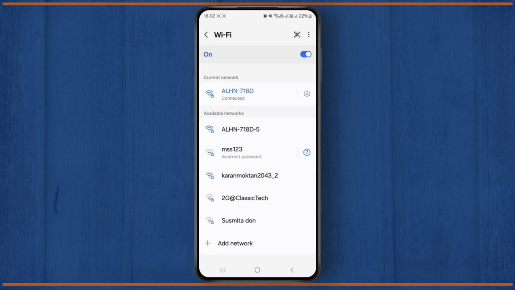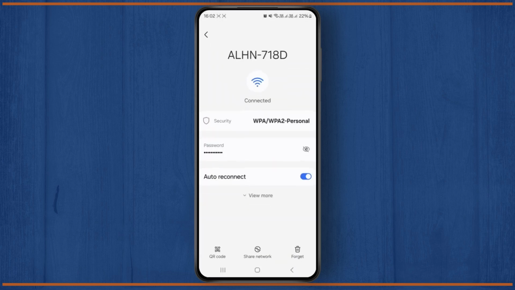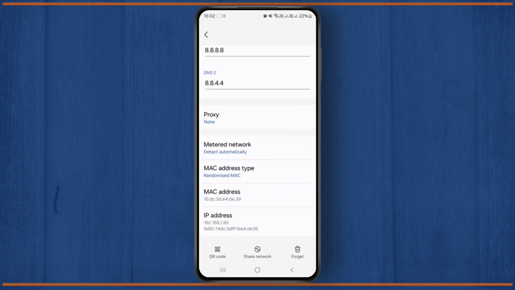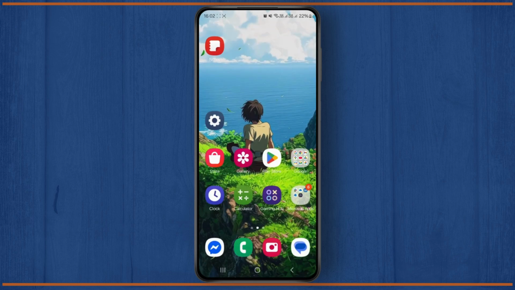If it's still not working, what you can do is tap on this gear icon once again and click on this view more option over here and make sure you change your randomize MAC to phone MAC in the MAC address type. And if it's still not working, then the final option is to